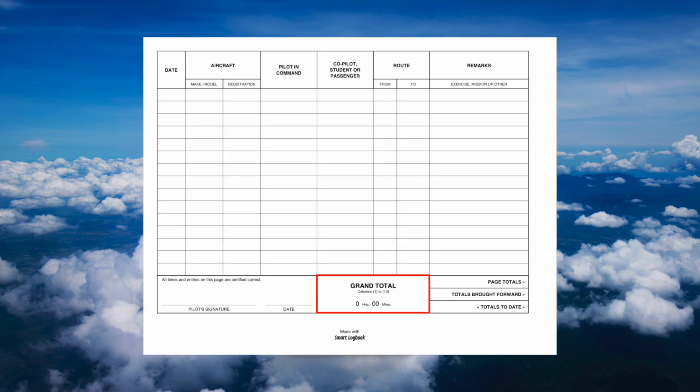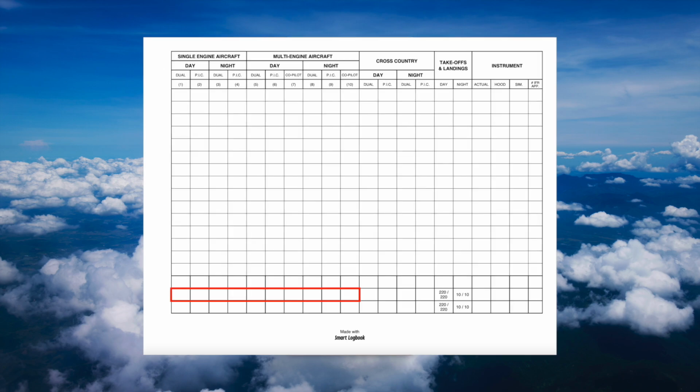So if we look at the Transport Canada logbook format, we can see here that even though we specified the aircraft category and class for all of our previous time, this grand total on the Transport Canada logbook is still showing 0 hours. And if we look at the second page, we can see that actually none of our dual and PIC and co-pilot columns are actually being populated. So why is that? Well, the reason is because